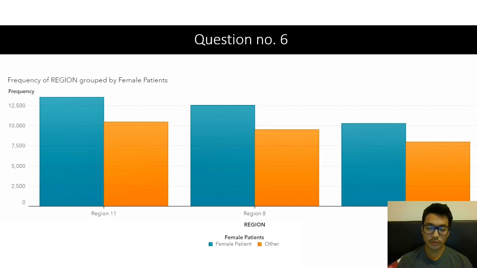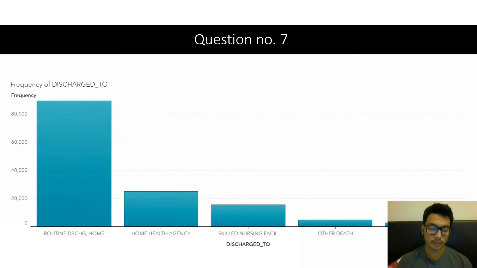The illustration shows a comparison of three regions with the highest number of female patients. There is a frequency of 13,505 female patients in region 11, 12,530 patients in region 8, and 10,306 female patients in region 6. And here the top 5 places where most patients are discharged are routine